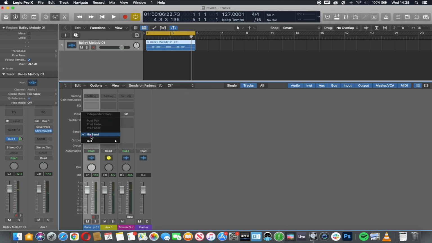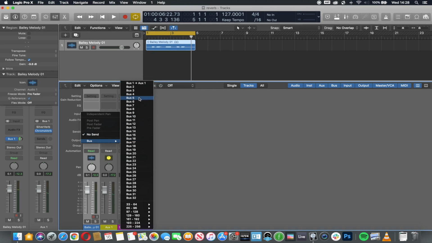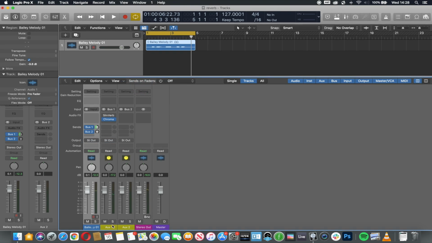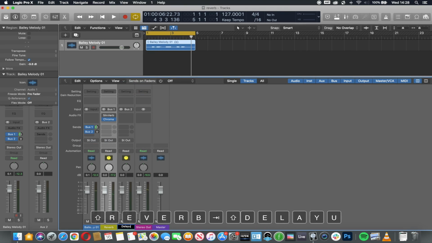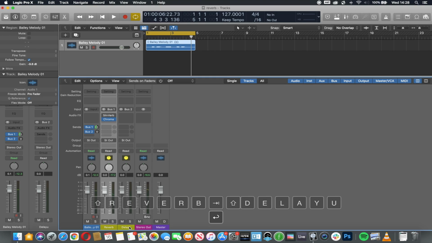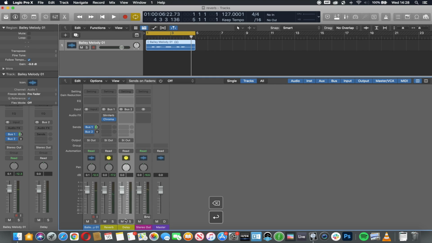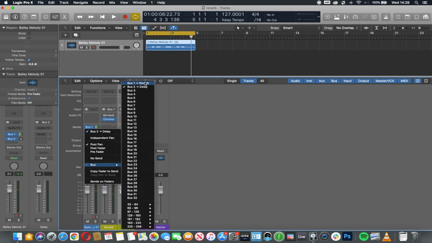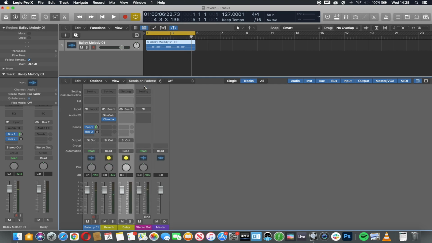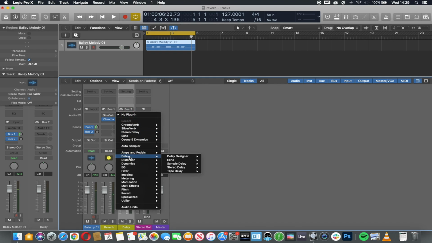All I'm going to do is I'm going to come to a new bus. Now, I should really be labeling these. So, reverb, delay, delay. And then when I come to my buses, they are labeled accordingly. So, I'm going to choose my delay. It's bus 2. So, this new auxiliary has been created. The input for it is bus 2. And now, I'm going to come down to